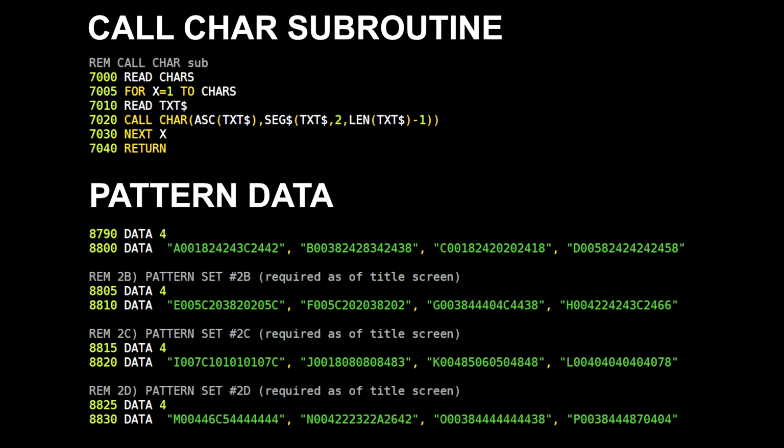I figure I can still save a bit more memory on those data statements, though. Instead of listing each character number in my data, I'll put a character at the start of each character pattern whose ASCII value is the number of the character being defined. And my routine will grab that value from the string, saving me 5 bytes or so per pattern, which is a lot of data in a program that'll have, well, 100 or so patterns when I'm done with it. So my patterns still take up tons of program space, and that's somewhat inevitable, but a lot less than before,